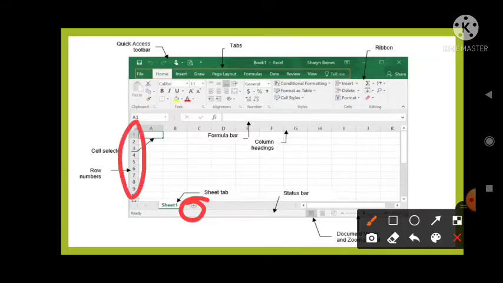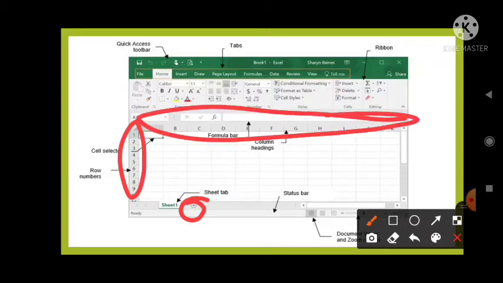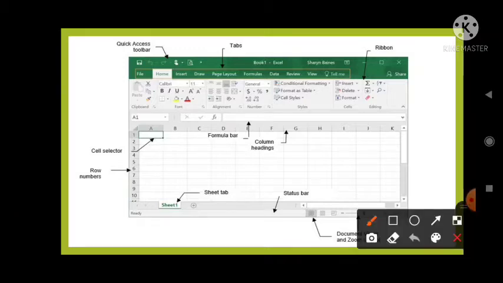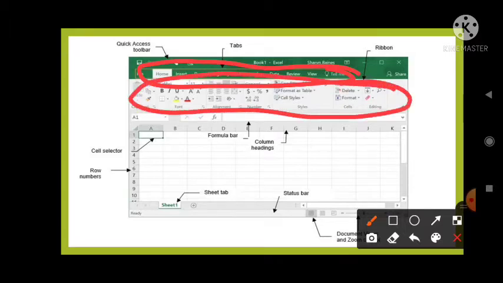All these are the row numbers and all these are the column headings. Using the document views and zoom control, you can zoom in or zoom out the sheet. This is known as the tabs, and under the tabs all the groups together are known as the ribbon.